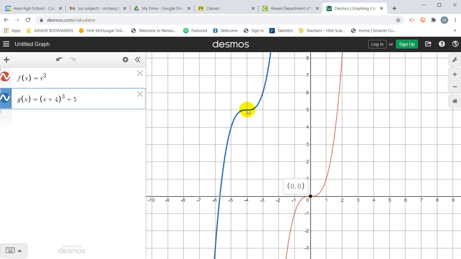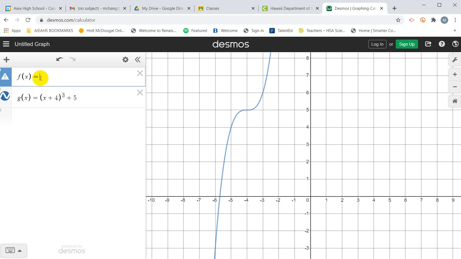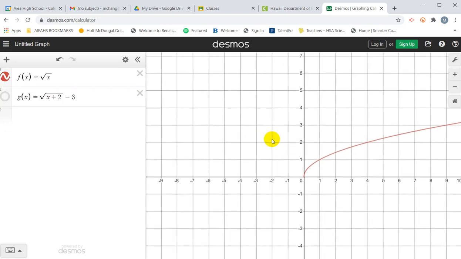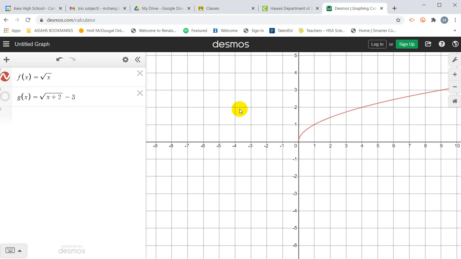Let's go ahead and look at another type of example. So let's look at the square root function. In order to type in square root, you can put sqrt, and I'm just going to put square root of x. Let's say for this one, I do the same thing, sqrt, and I put x plus 2 minus 3. If you see the pattern I'm trying to get at,